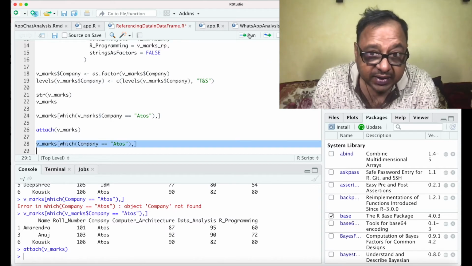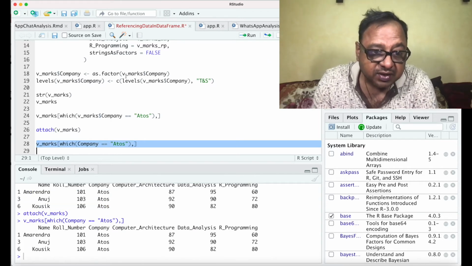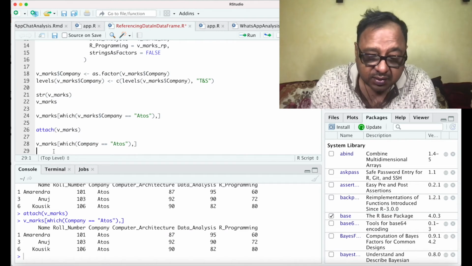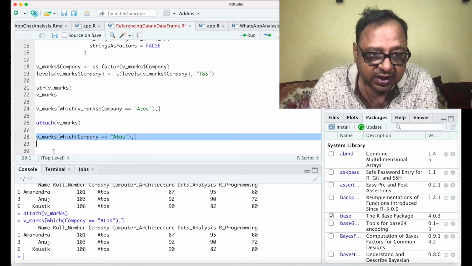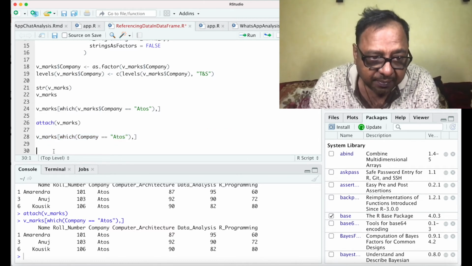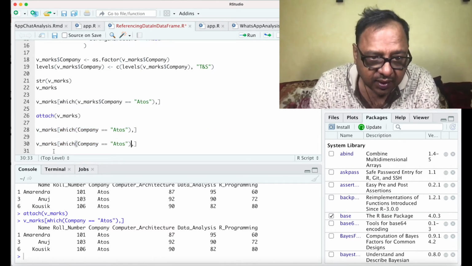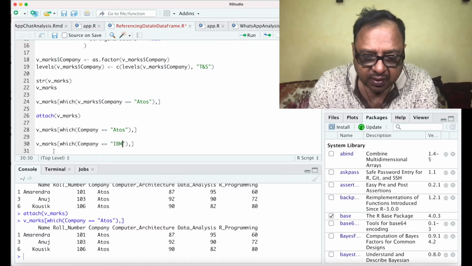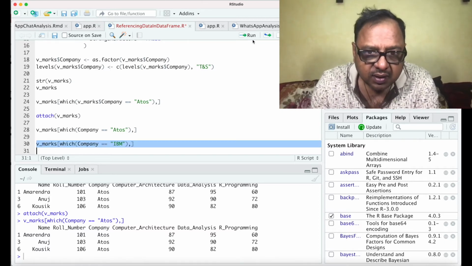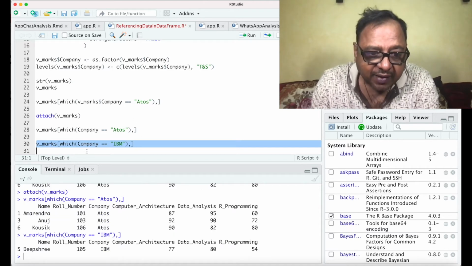Now you see this works. So now I can look for another condition also. Supposing I change from Atos to another company, I say IBM. And it gives me the data.